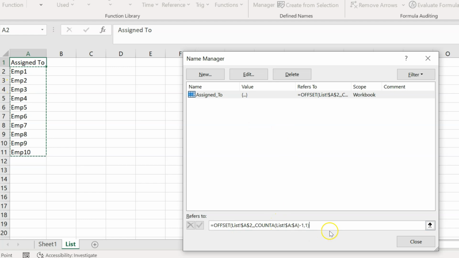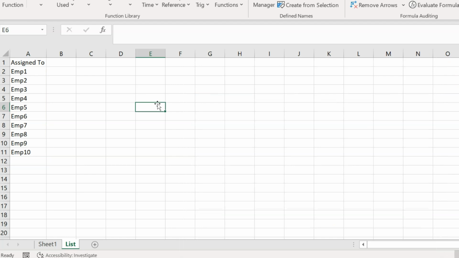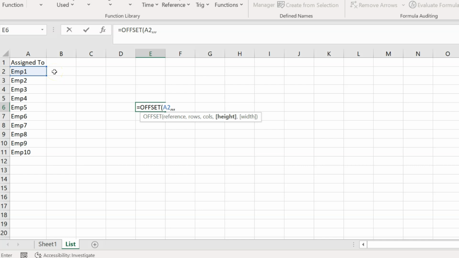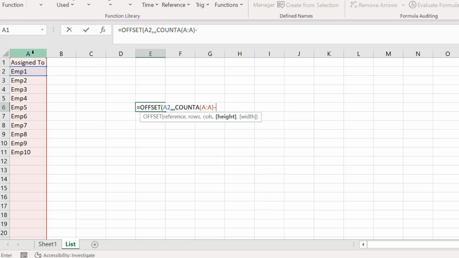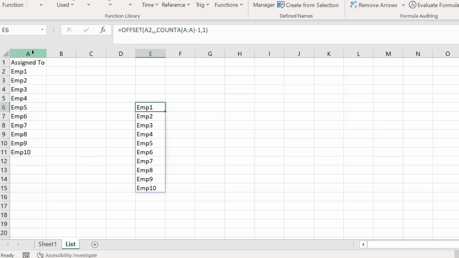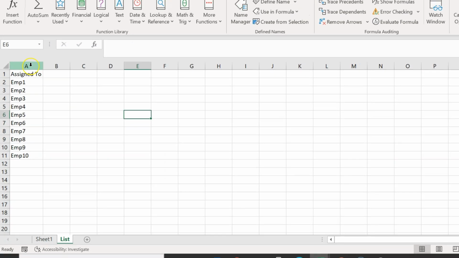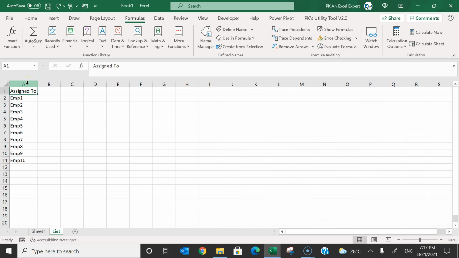So basically we have used offset function to create the dynamic range, and I'll show you the syntax of the offset function. So first we have to give the reference, then we have to give the number of rows and columns. So we are keeping rows and column blank, we are just giving the height and width. So for the height we are taking COUNTA, so dynamically it will take count, but since we are considering the header, so I'll use here -1, and width we will provide the number of columns, so we are taking from the first column, so I'll put here 1, enter. So here you can see it is giving me this list. Alright, the same formula I'm using in name manager.